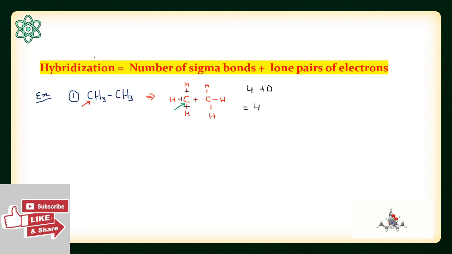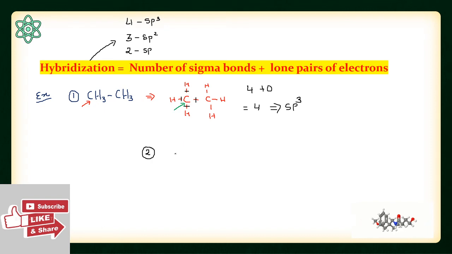Now listen carefully, if this value you calculate is equal to 4, then the hybridization is sp3. If it is equal to 3, then the hybridization is sp2. If it is equal to 2, then the hybridization is sp. So the answer we got here is 4. This means that the hybridization of the element carbon here is sp3. Okay, now